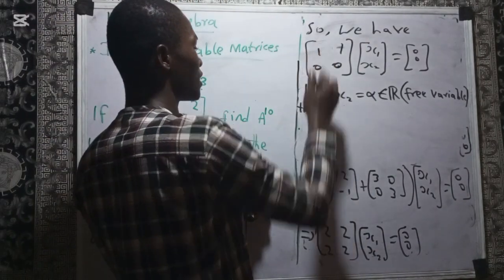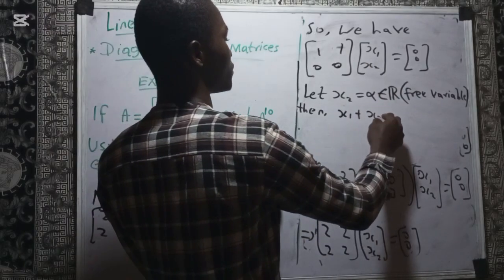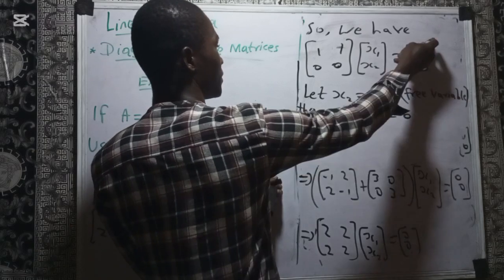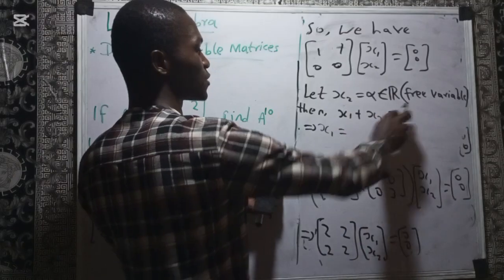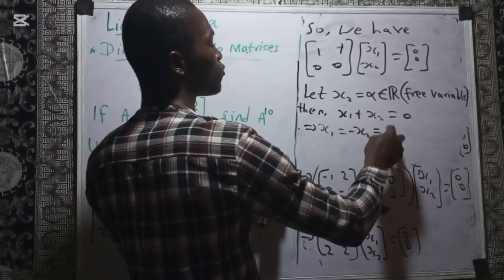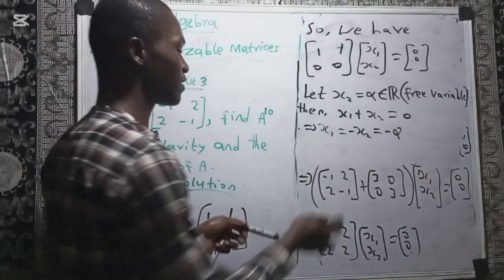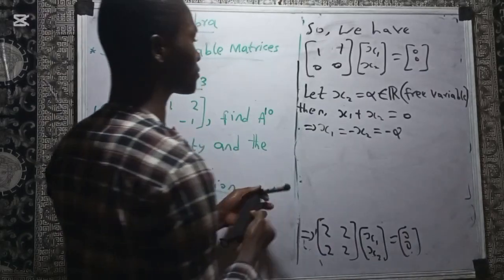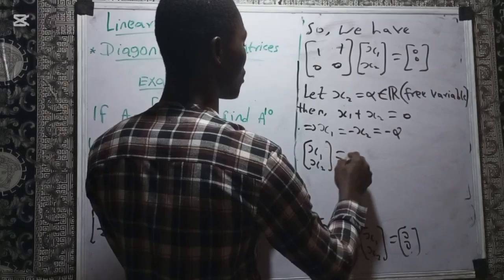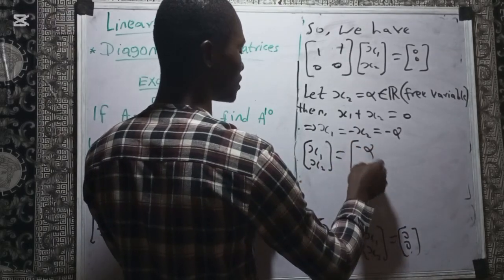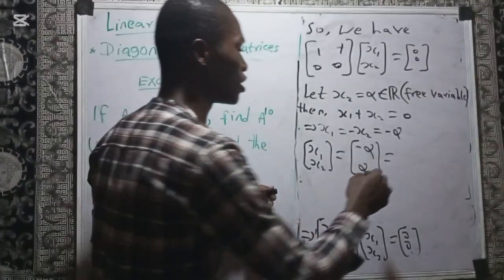So x1 multiplied by 1 is what? x1, plus x2 multiplied by 1 is x2, equated to 0. We have here. So if you make x1 the subject of the formula, x1 will be equal to, moving positive x2 to the right, negative x2, which will be equal to, what is your x2? We have called it alpha, so it's negative alpha, right? x1 is negative alpha. So that our column vector having the entries x1, x2 will be equal to, x1 is negative alpha, x2 is alpha. So it means that what we get